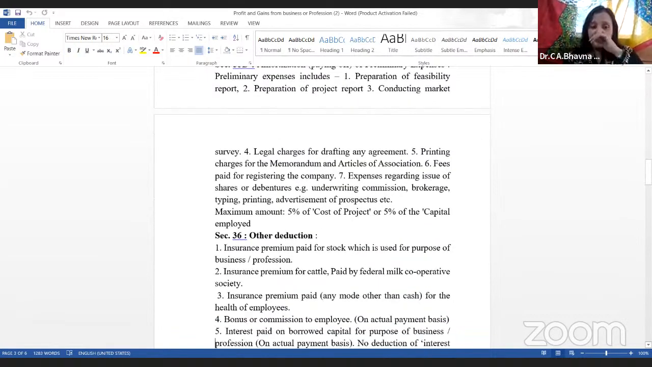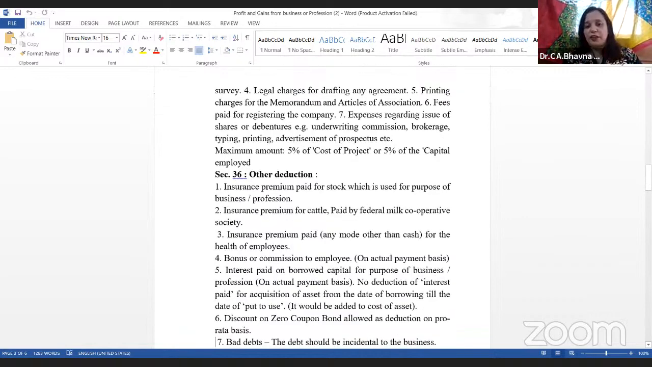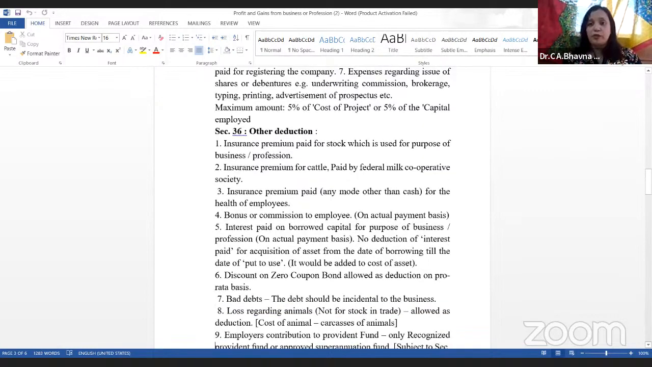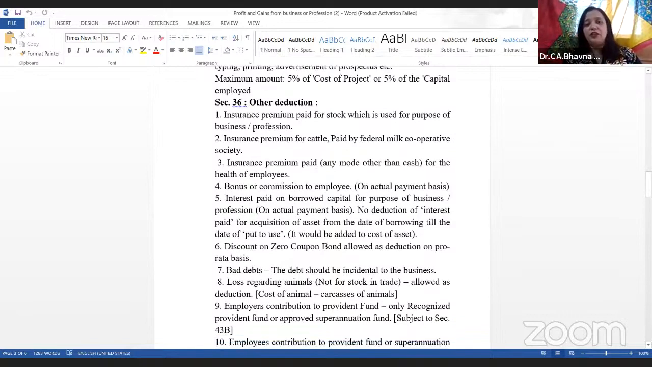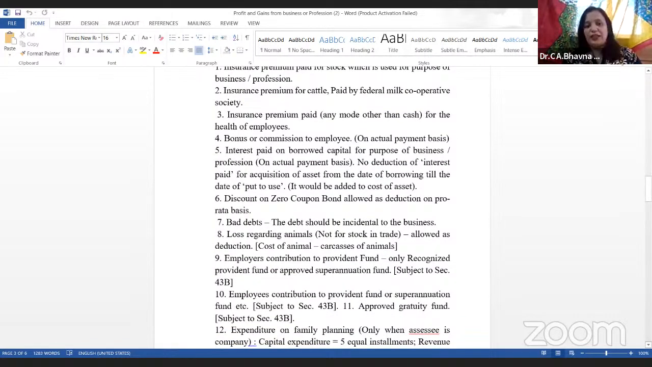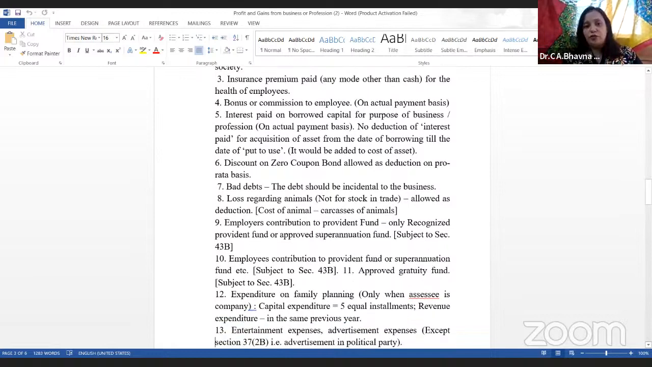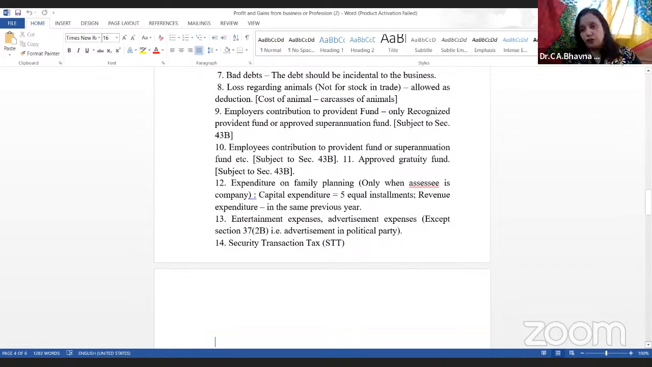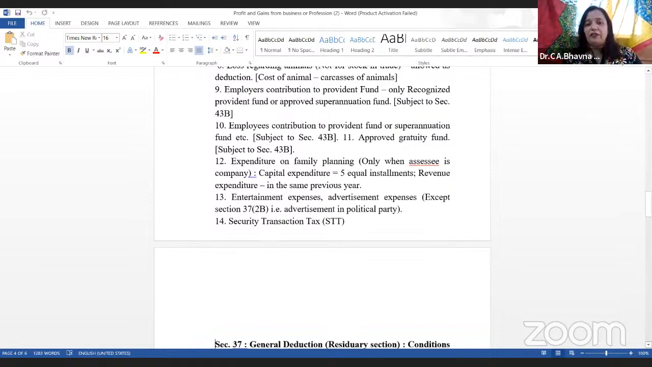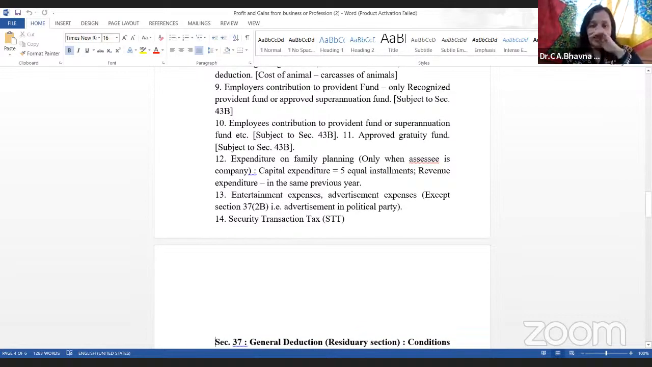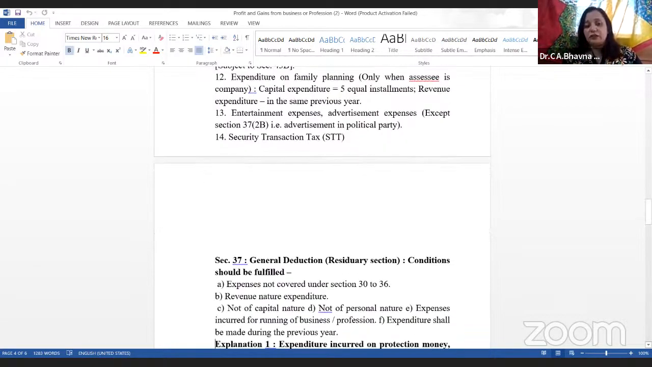Other deductions like insurance premium paid for the stock, insurance premium for cattle, insurance premium paid for the health of the employees, bonus, commission, interest paid on borrowed capital, discount on zero coupon bonds, bad debts, employers' contribution to provident fund, loss of the animals, expenditure on the family planning, it is allowed, and these are the allowable expenditures. There are certain expenditures. Even these are